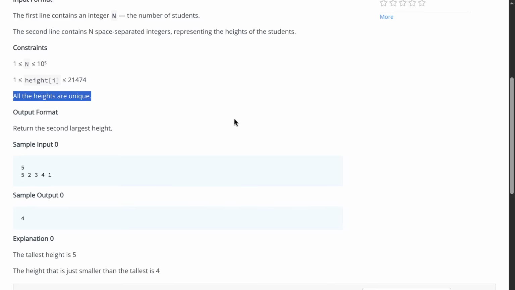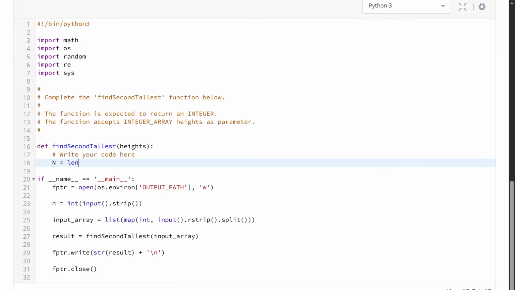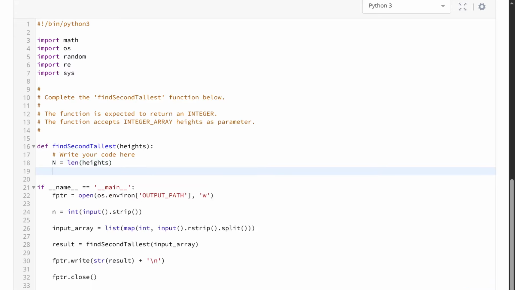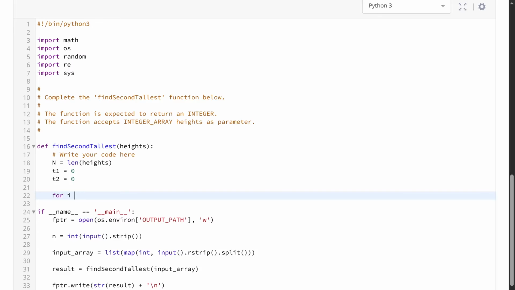Now let's try coding this one. Okay. So let's do the same thing. Length of the array, and here it's called heights. Now we have two tall people, right? The top two tall people. So the tallest guy, T1, let's say he has no height initially. T2 also has no height. Okay. So for I in range n,